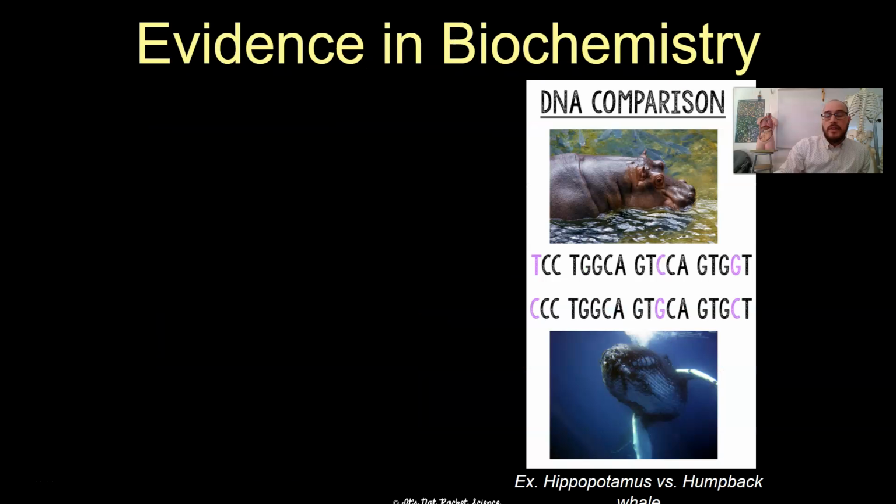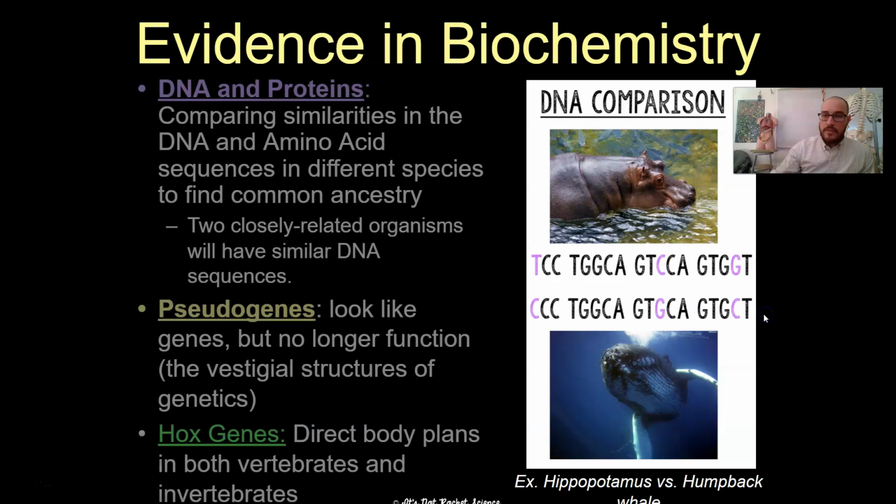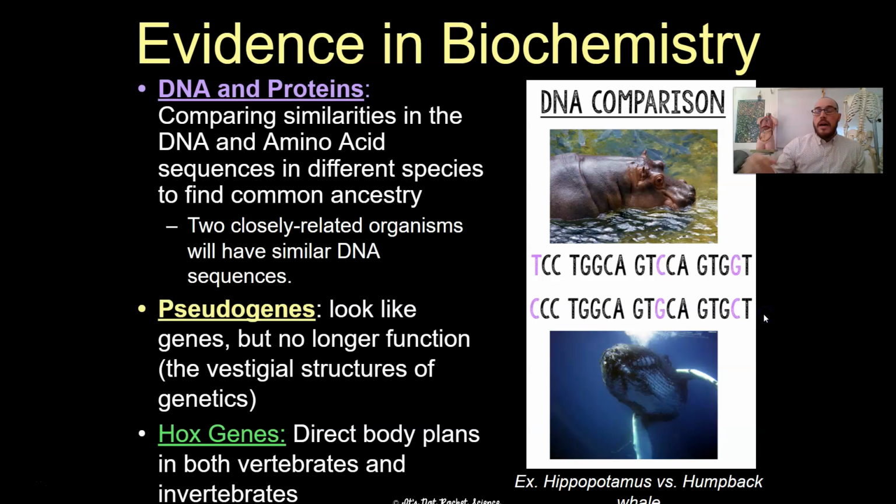All right, evidence in biochemistry. So this is really interesting. So things that have the same proteins and the same DNA show us that they are more closely related. So DNA and proteins, if we compare similarities in DNA and amino acid sequences, we can see that things are really, really related. And some super important proteins and DNA sequences really haven't changed too much, and we call those